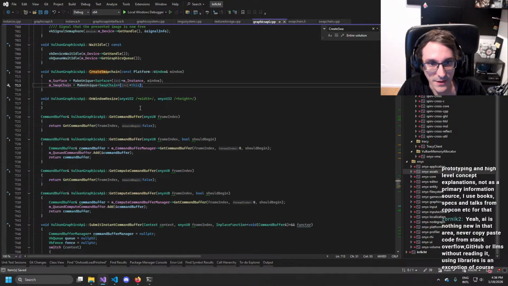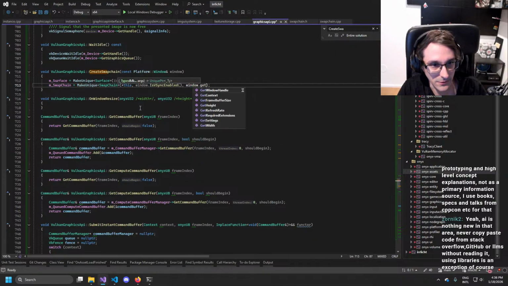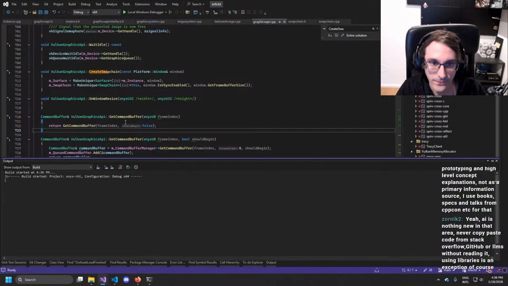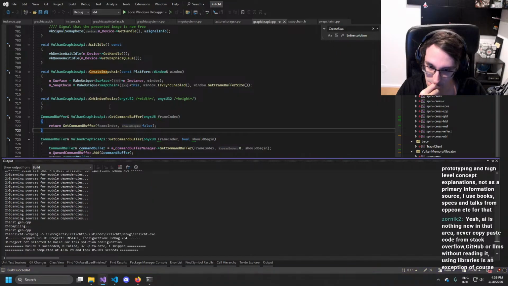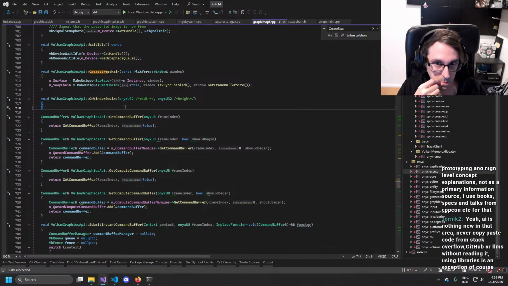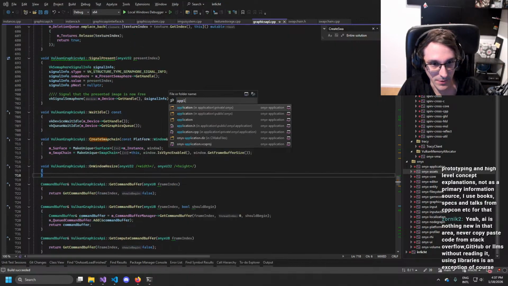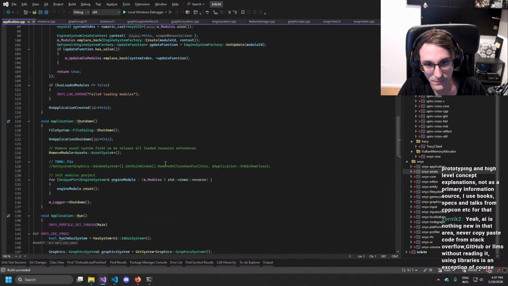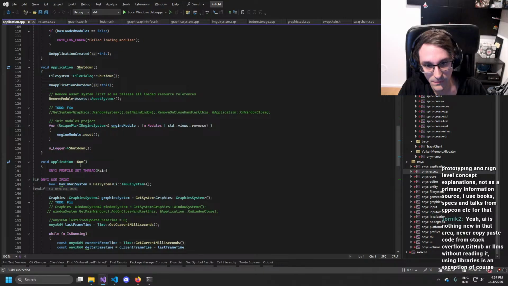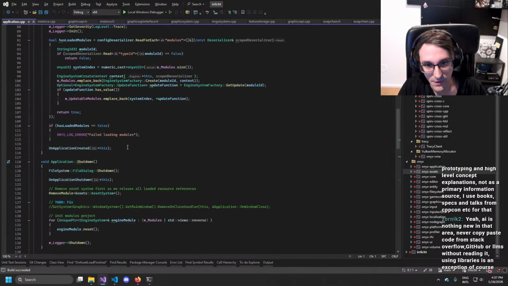So here that would be that, and window is vsync enabled, and window get frame buffer size. That worked. That's new. And then application, at the end here.